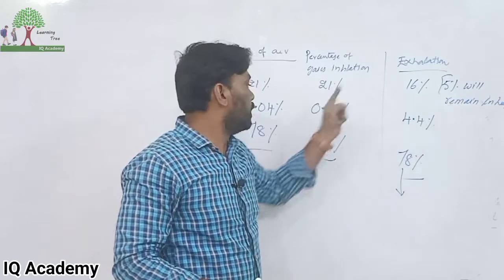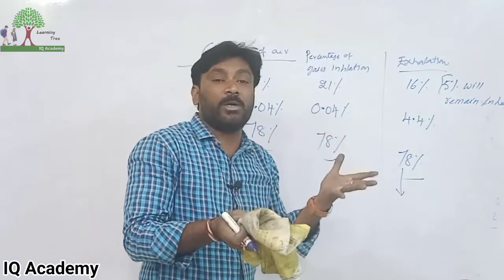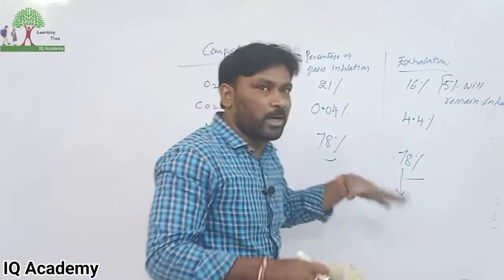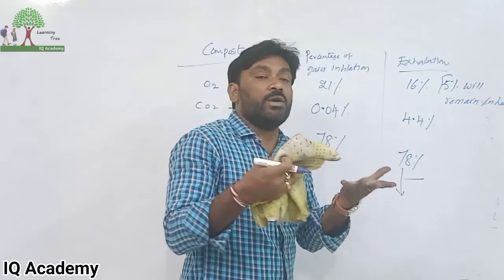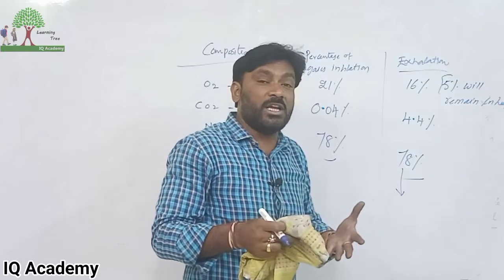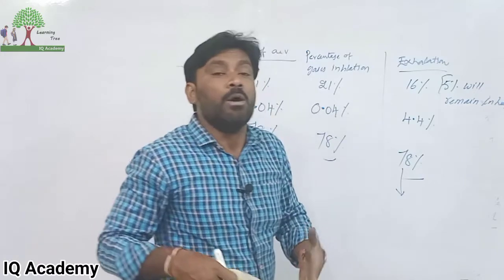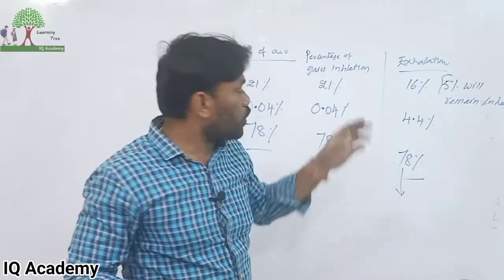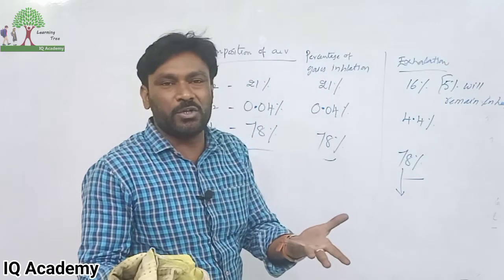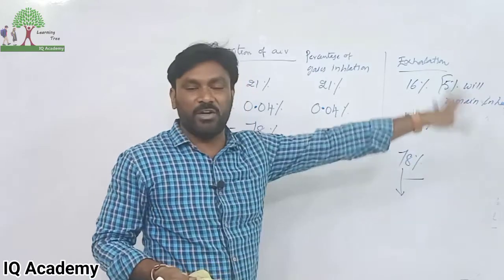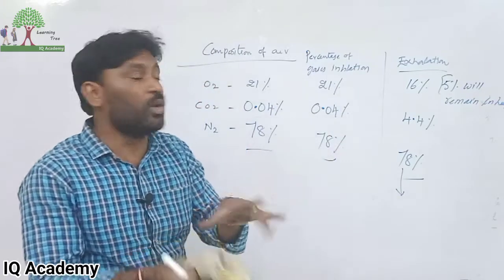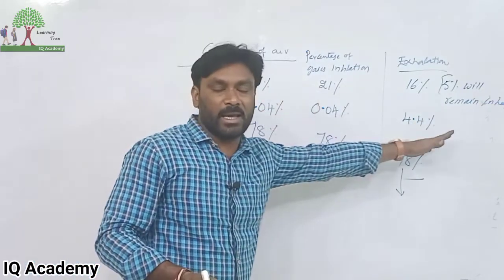4.4% we are exhaling. Why are we releasing 4.4%, though we are taking in only 0.04%? More than 100% we are releasing, because previously only the carbon dioxide is diffused in the blood, and the percentage of carbon dioxide present in the blood will be more compared to the surroundings. So we are releasing 4.4%. And as there is no role of nitrogen in our respiration, we will release the 78% of nitrogen. So these are the composition of gases that plays a major role during inhalation and exhalation.